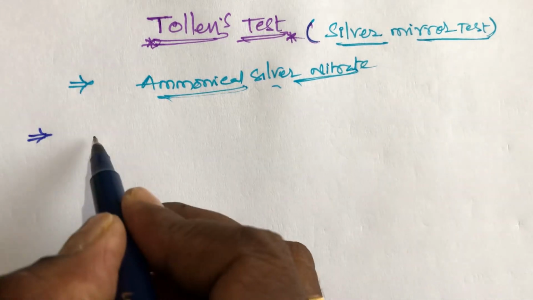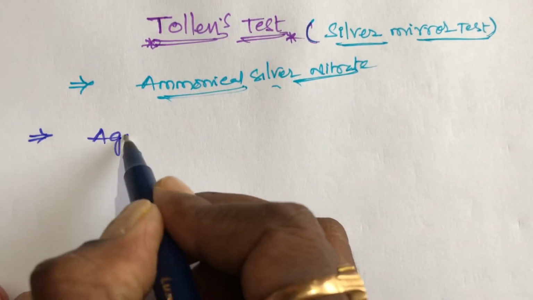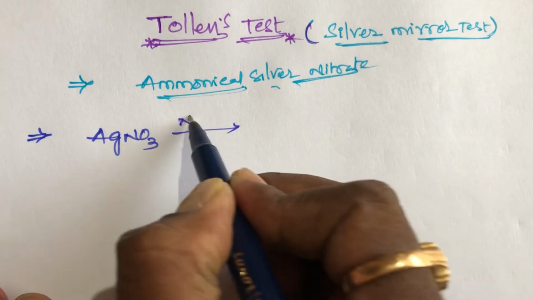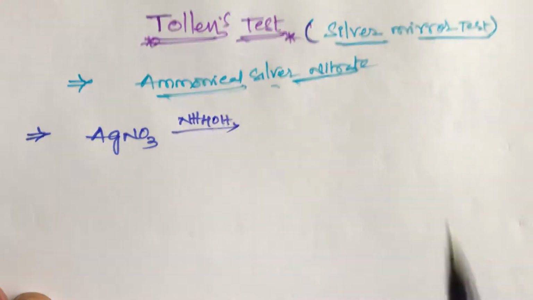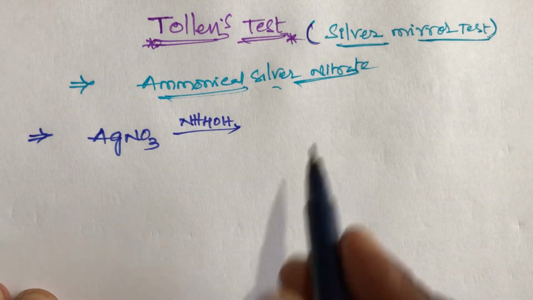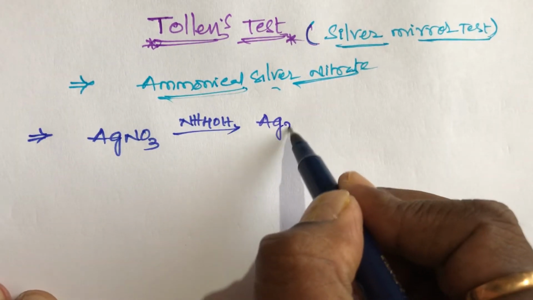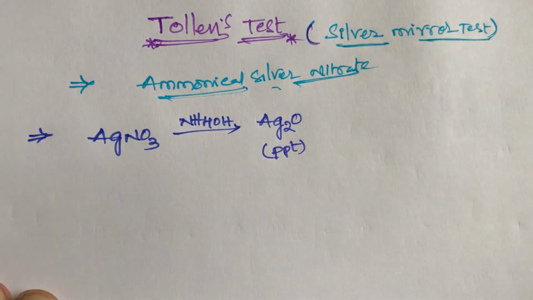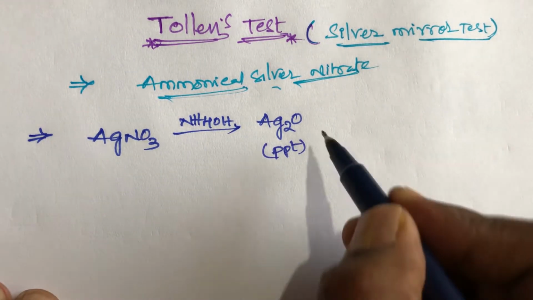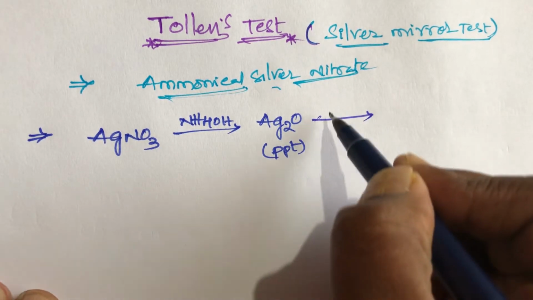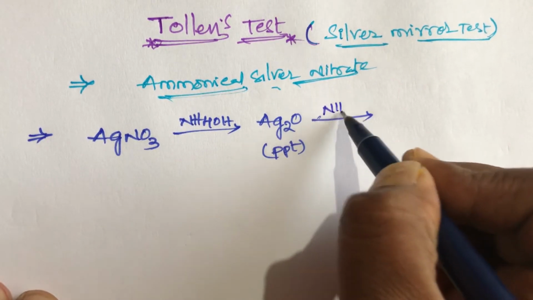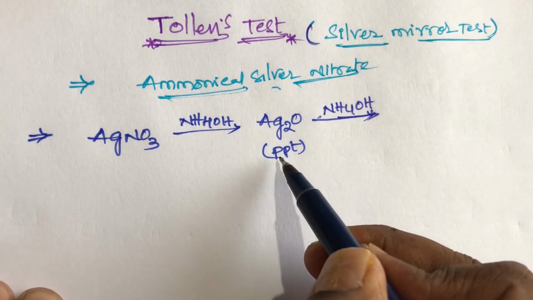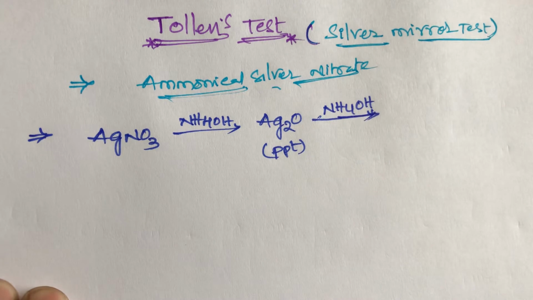First, take silver nitrate. When AgNO3 is dissolved in ammonium hydroxide, NH4OH, we get silver oxide, Ag2O, that is a precipitate formed. Ag2O, that is silver oxide, a precipitate is formed. Then after that, again take ammonium hydroxide. This precipitate again dissolves in ammonium hydroxide